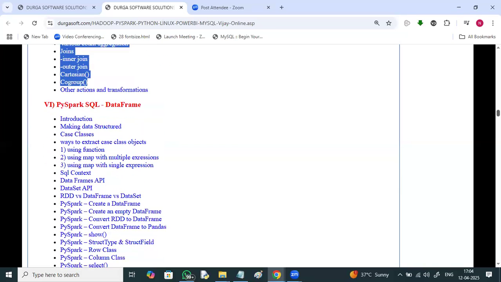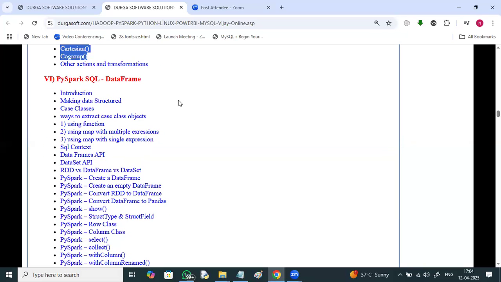PySpark SQL DataFrame, the DataFrame API.